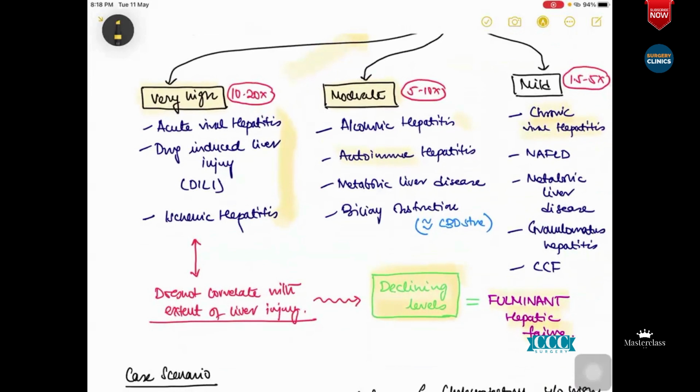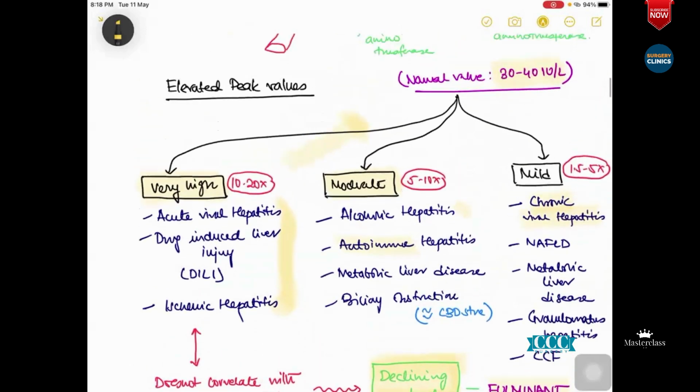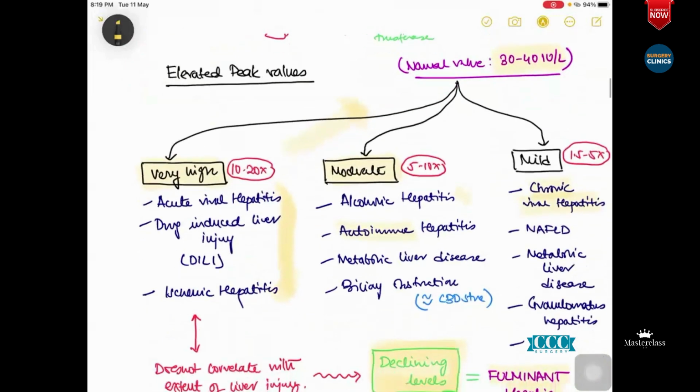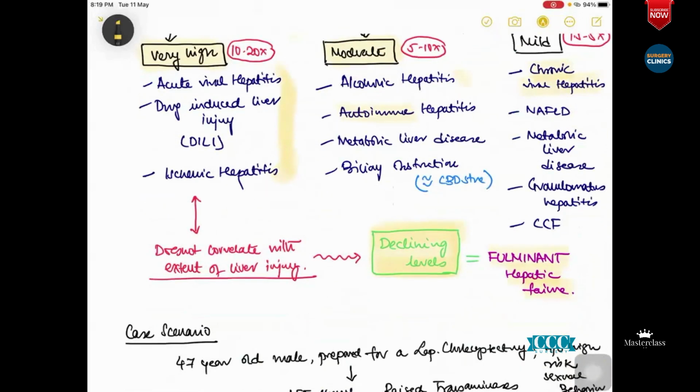See, you get a clinical situation where you get a declining pattern. So in this, there is fulminant hepatic failure. In fulminant hepatic failure, you'll get a declining pattern, because your cells are injured, isn't it? There is a loss of a large amount of hepatic function, which means whatever is synthesized is coming to the serum. You get a raised pattern, but then it gradually starts to go down, isn't it? There aren't any hepatocytes left which will synthesize these enzymes. Get it? Okay.